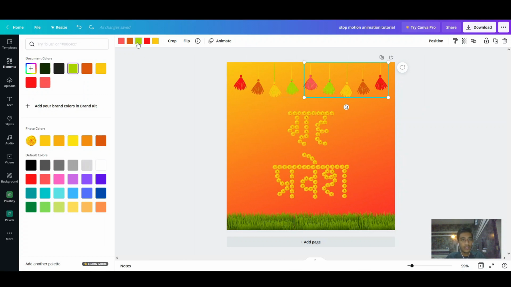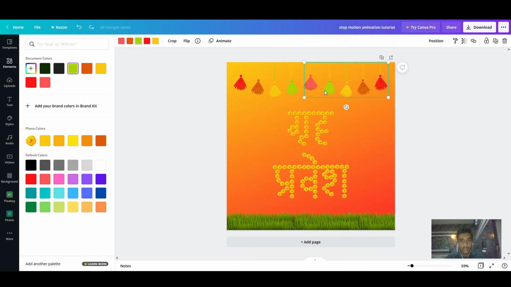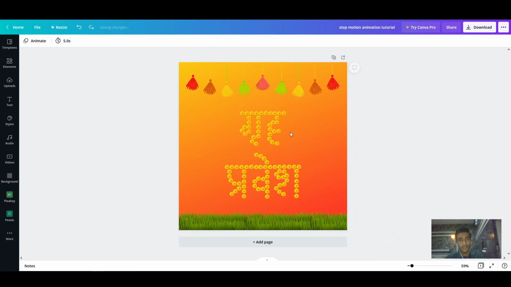So if I tap on the element, then I navigate to this particular green color, which is the second one from the left. If I select, let's say, this blue color, this will be changed to blue along with some other small elements which are present in this, such as this string also changing to blue, which is kind of weird. So I'll keep it this way, and this seems kind of cool.